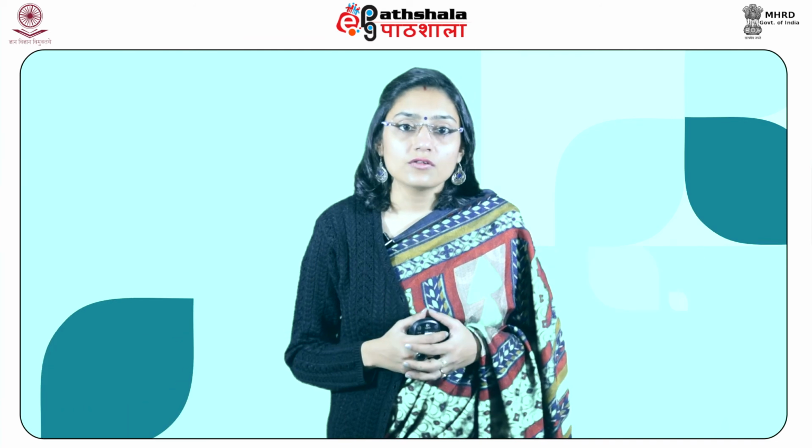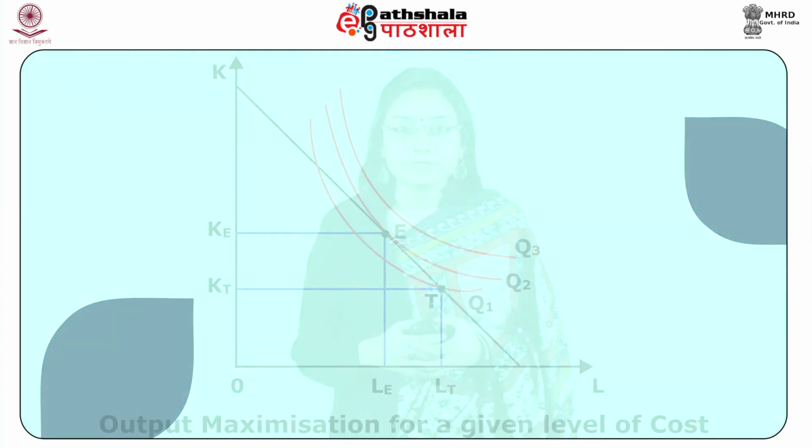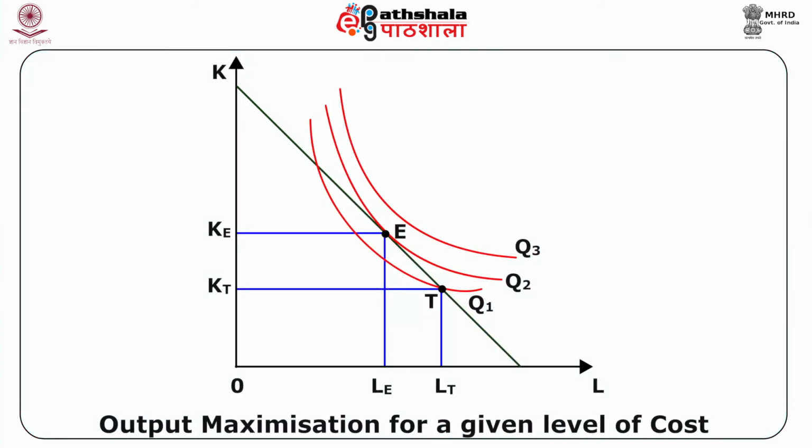There is another way to solve the problem. In many cases, firm has a certain budget, and given this budget, firm chooses the maximum output that can be produced. So, if C is equal to C star is given, the firm needs to find the highest possible ISO quant which is tangent to the ISO cost associated with C star. In the earlier case, we viewed the firm's problem as one of cost minimization subject to a given output level. In this case, we look at the problem as one of output maximization for a given level of total cost.